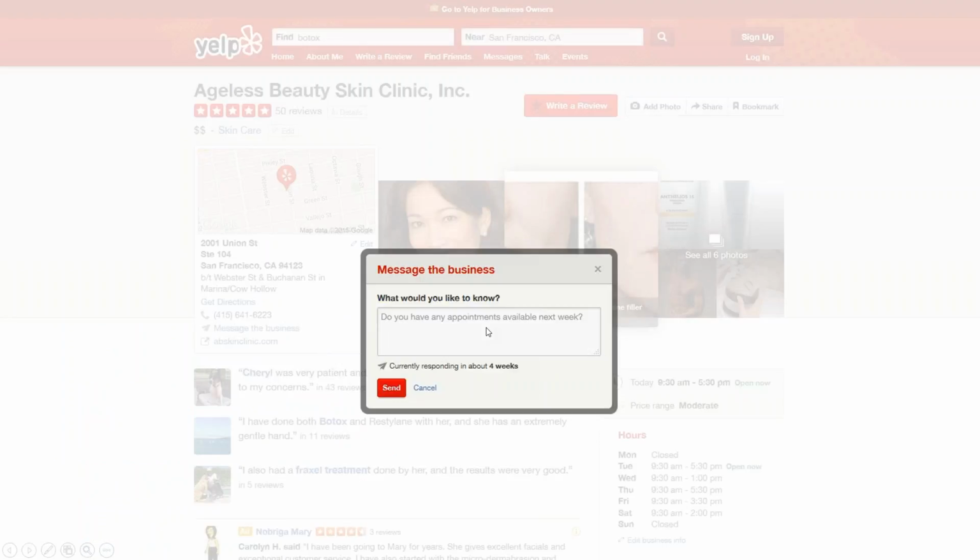So as we look closely here and we look at what Yelp has to say and offer, we notice a couple of things. We have the opportunity here to message this business directly. Let's just take a closer look. This is the possibility of private messaging this practice on the Yelp platform. Now, whatever you think about Yelp aside, Yelp thinks that timely service matters. Would you reach out to a practice that is currently responding to inquiries in 4 weeks? My guess is that you wouldn't. If you're a consumer, you're going to move on. And this isn't a phenomenon that's just happening because practices are ignoring Yelp.